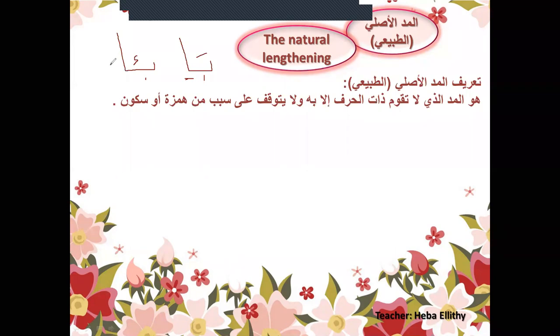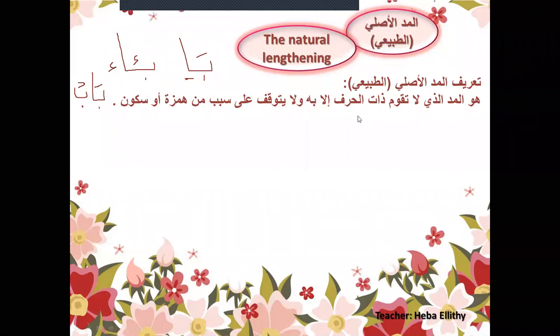If I have hamza after it, it's a change from المد الطبيعي to another kind of mad. If I have any letter sakin after it, any second letter after it, this is not mad طبيعي anymore. It will have another kind of mad. That's why in my definition here,